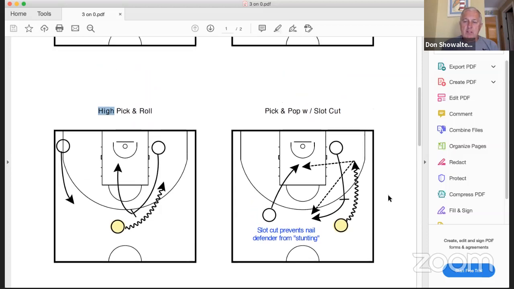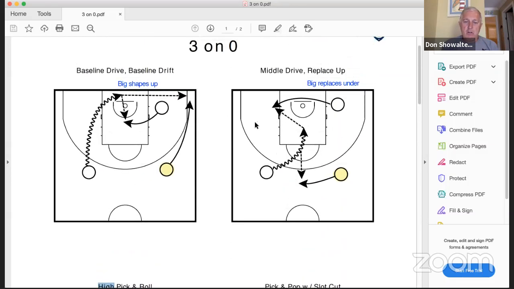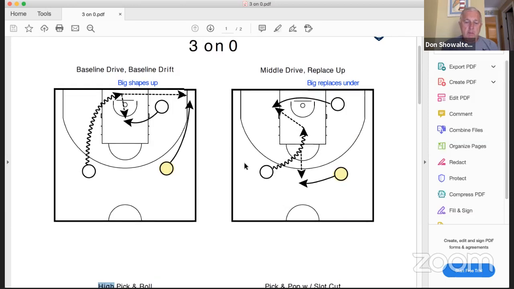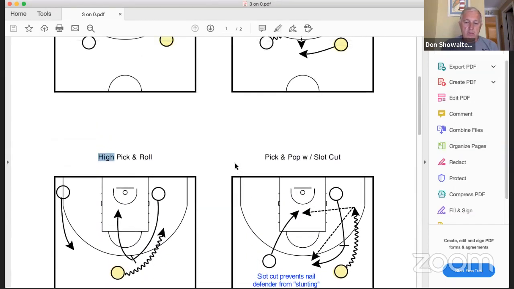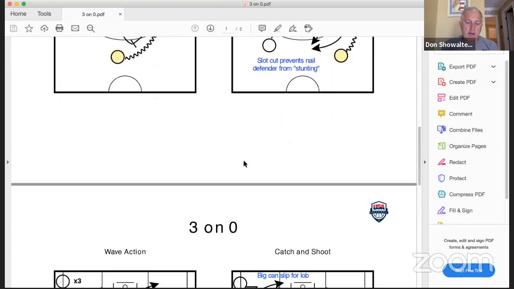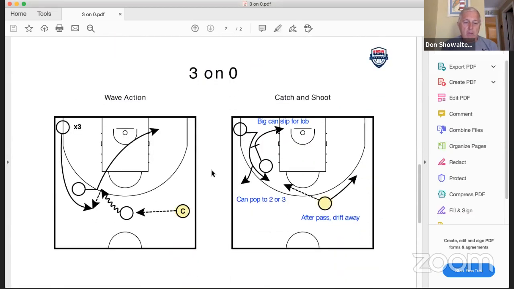I would maybe make it a simple one. I'd maybe make just these two to start with, 13, 14-year-olds, and then maybe build up to it. All right, we do some high pick and rolls. Now we have a slot cut right here. We have the wave action here, where now it's a little bit higher level, so we're almost into our advanced level now, where we're going to wave this guy through,